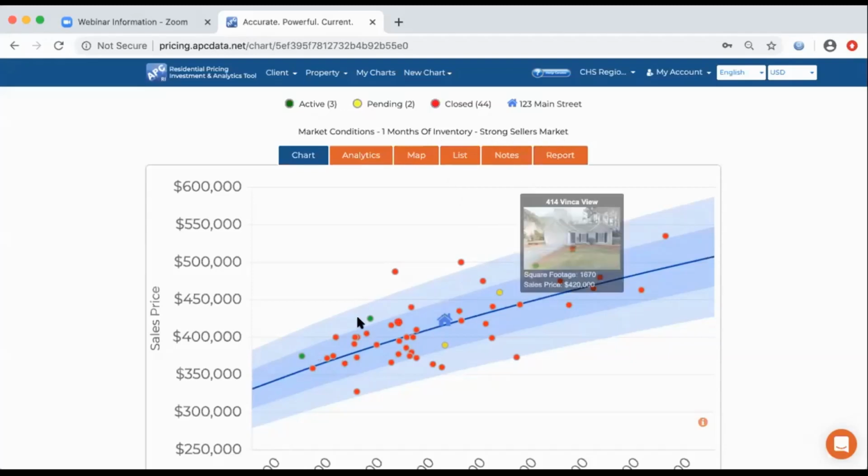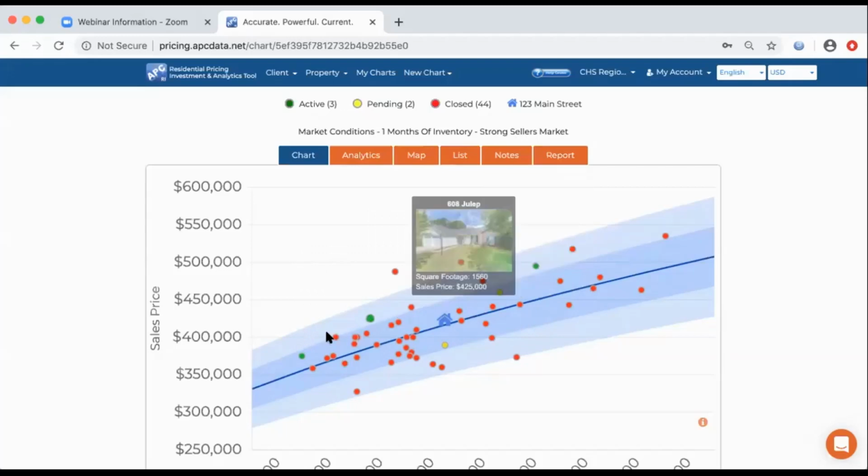And you can see there's only 3 for sale, 2 under contract, but they're closing almost 4 a month. And the program is also showing these 3 for sale, they're still for sale because they're just pushing their prices a little too high. You can see where they're valued, and you can see that these 3 are above where these 2 that are under contract. So the buyers saw value in this one and value in this one, but they haven't found value yet in these 3. So that's just part of the analysis, but over time, this curve is moving